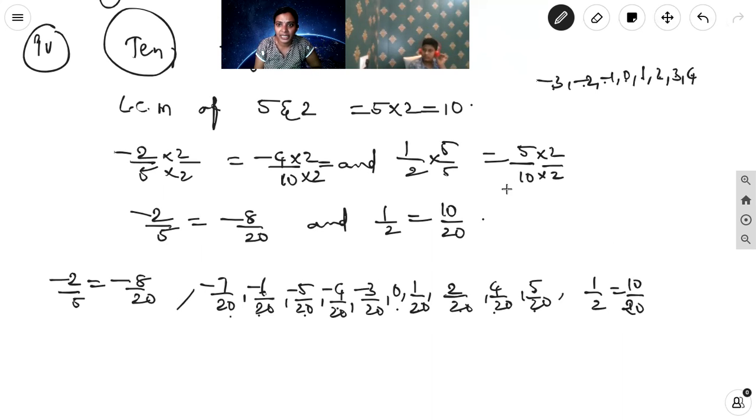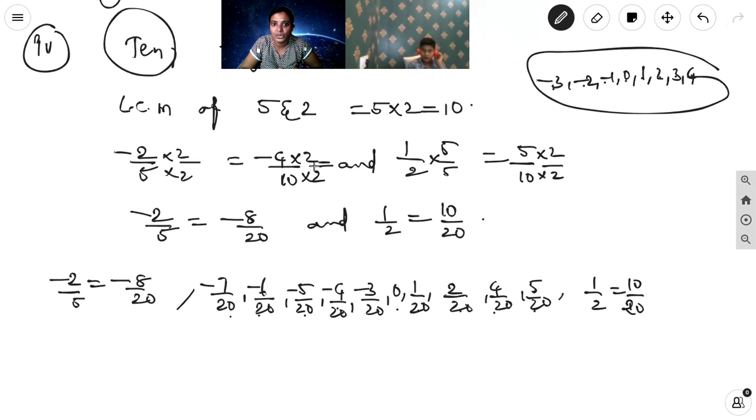Here, just taking the LCM, we are getting only 8 numbers. Convenient to write 8 numbers. In that case, again you multiply with one more number, that is 2 into 2. You are getting a difference of more than 10, so 17 numbers we will get in between minus 2 by 5 to 1 by 2. You can choose any numbers in between.